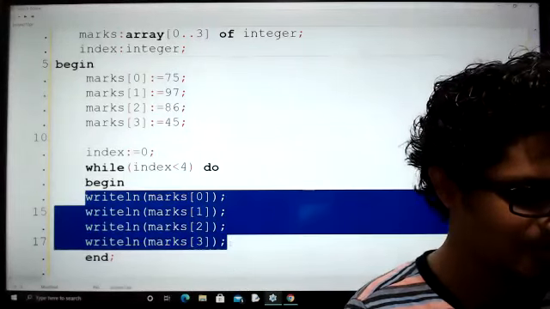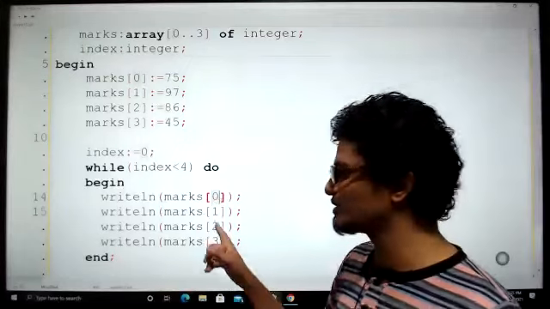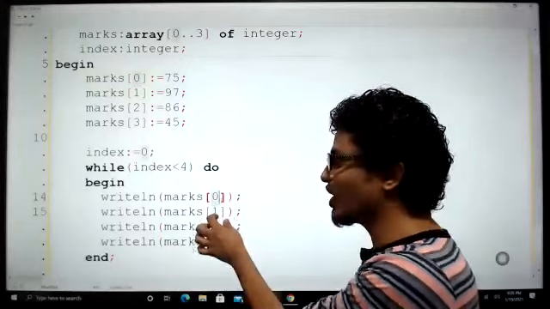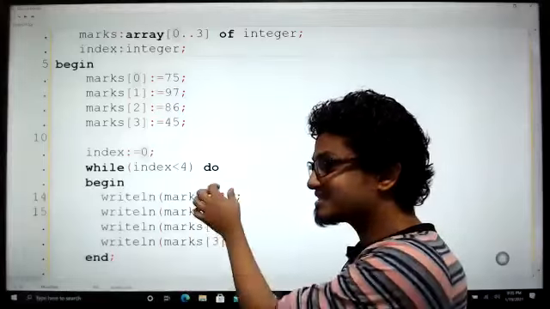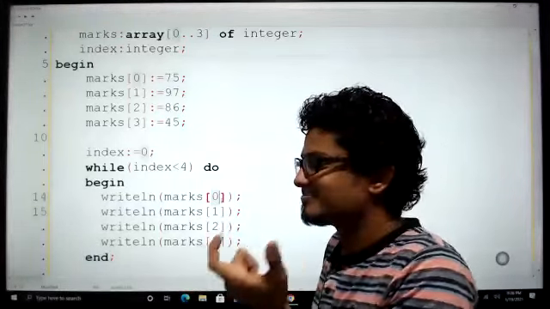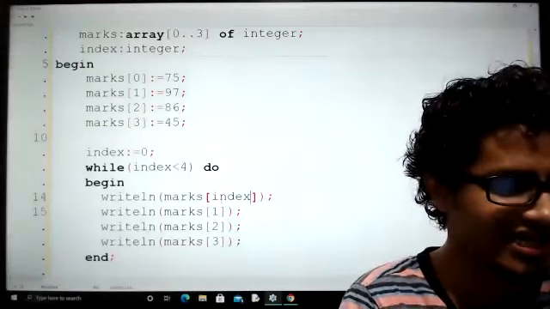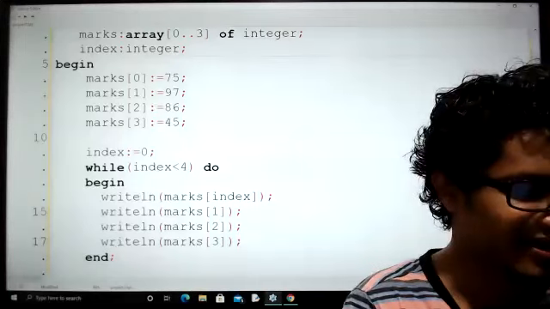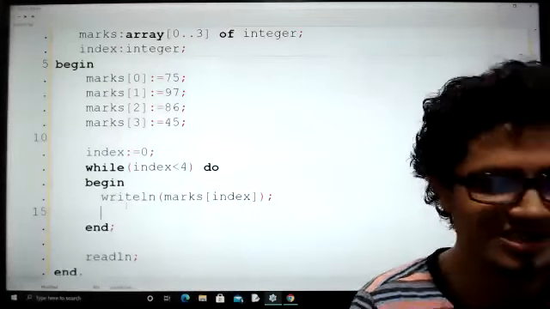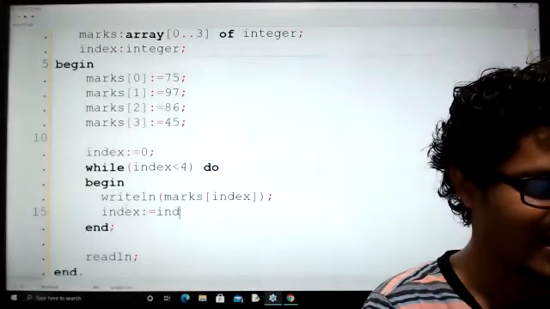Now focus everyone. Now within this, I don't need to write 0, 1, 2, 3. Instead, this 0, 1, 2, 3 is there in a variable now. What is that variable? Index variable. So instead of writing 0 here, I'm going to say index here, and then remove the others. Because in the first iteration, the step is index equals index plus 1.